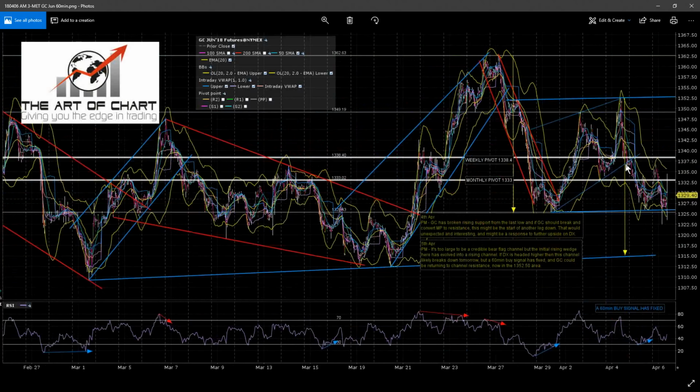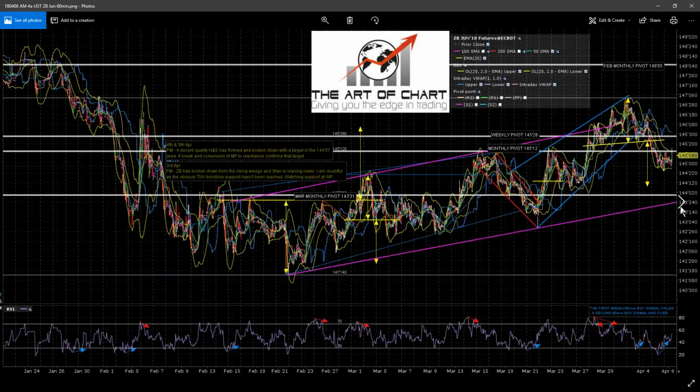GC, if that is the case, then I'm thinking A, B, C here, and that would get us down to this trend line here, currently at about 13.15/16 area. It's been whipping about this morning. It's not quite sure where to go. I like this scenario, and if DX is going to go higher at all, then it's probably going to deliver.